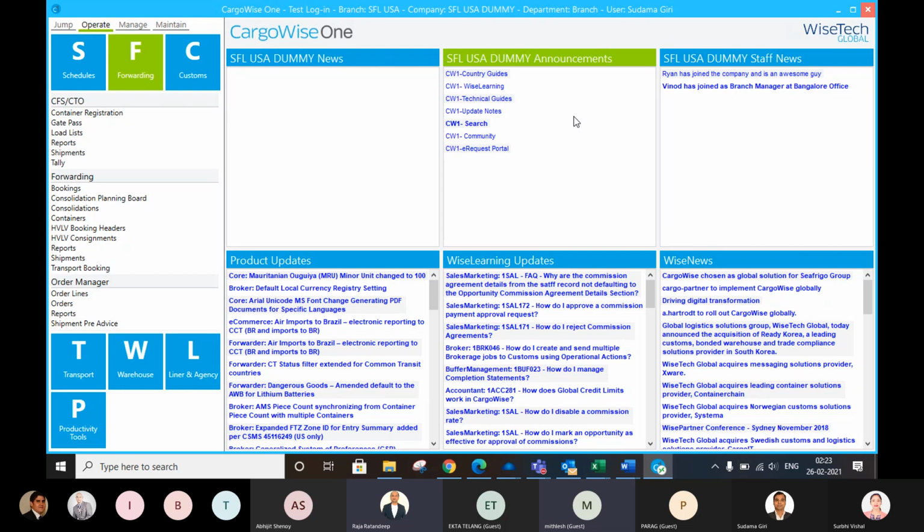But you can also look into connecting those agents with CargoWise directly through EDI interchange, so that you don't need to do anything. The system will automatically create it. How elaborate is that process? Is it very difficult? If it is CargoWise to CargoWise, it is not so difficult. It's just a setup which we need to do in both systems.